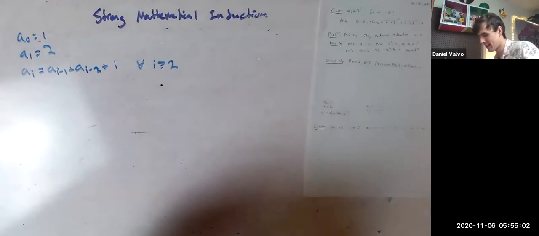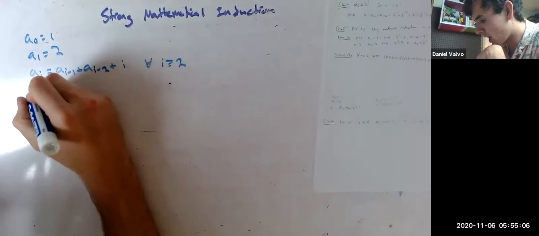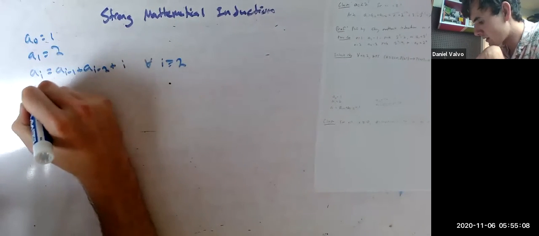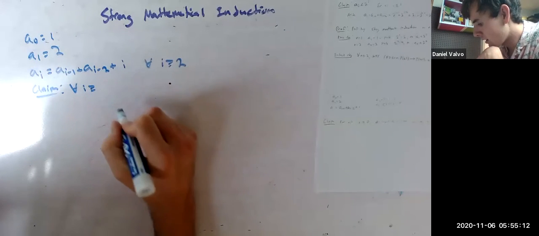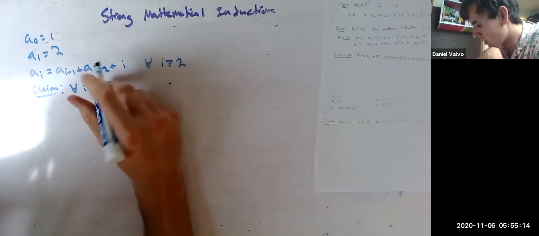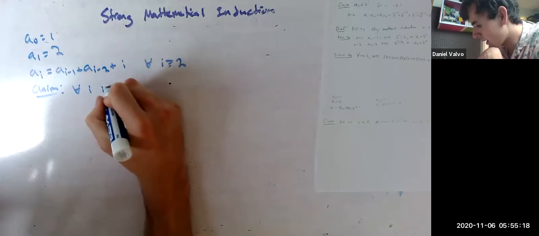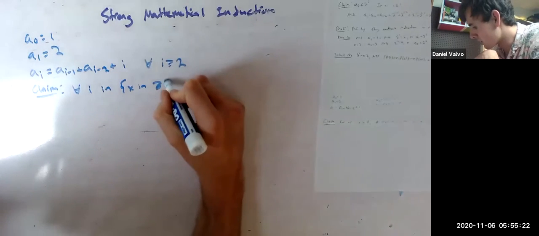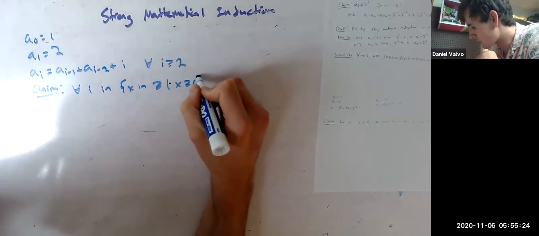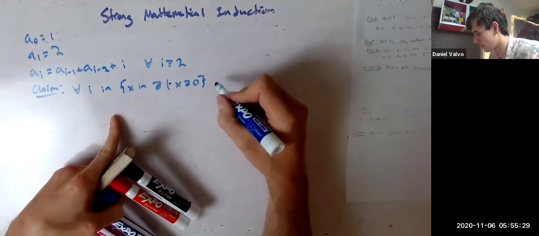So here is the sequence. And then my claim about this sequence is that for all i in the set of integers such that i is greater than or equal to 0. So for all integers greater than or equal to 0,